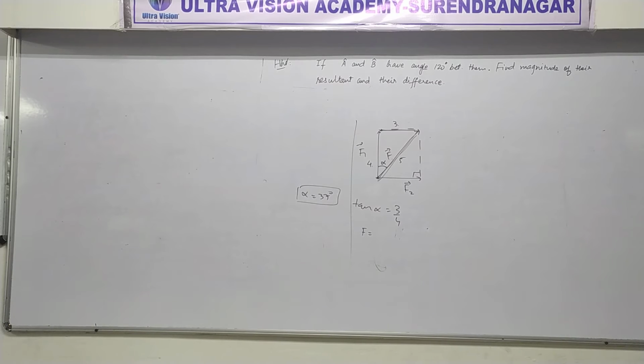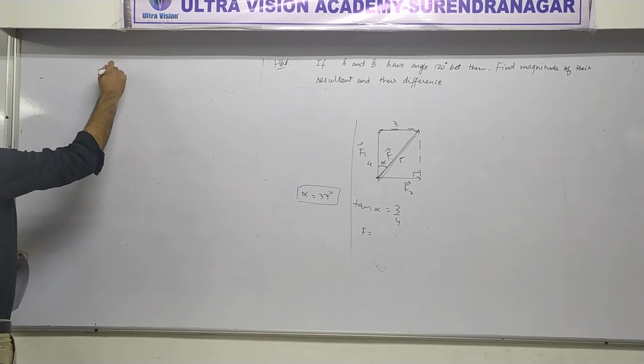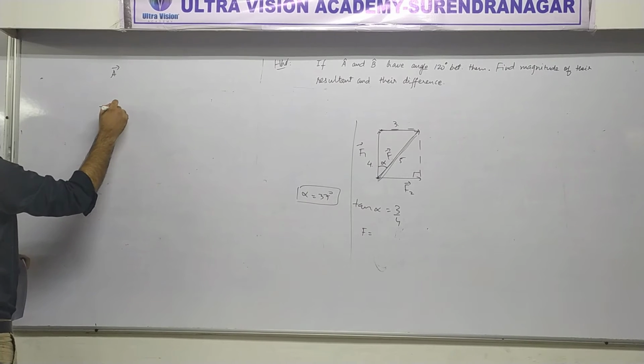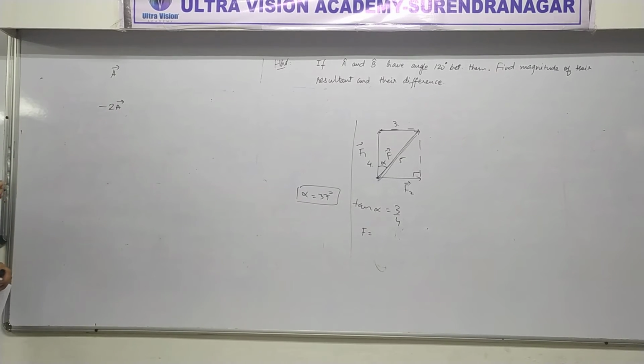Okay, first question. What happens when we multiply a vector by -2? -2 is a scalar or a vector? Scalar. So suppose you take some vector a and then you multiply that vector by -2 like this. Then what happens? Direction changes. Reverse. Direction is reverse. Yes or no? Yes. Sure? Yes. Okay, then magnitude remains same.